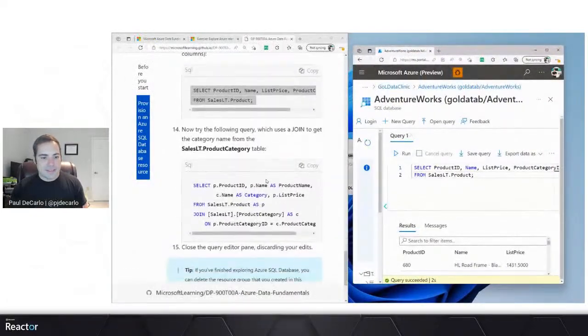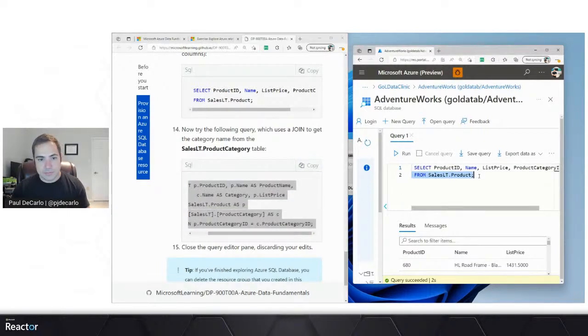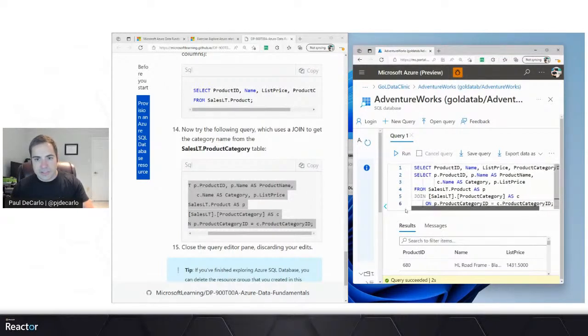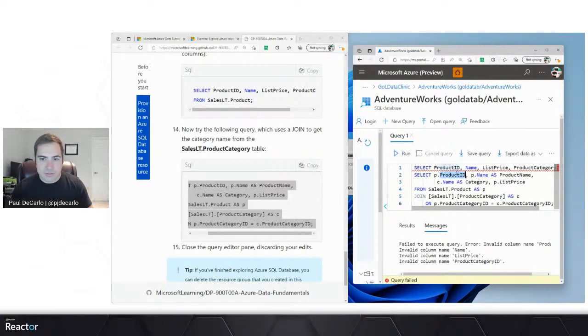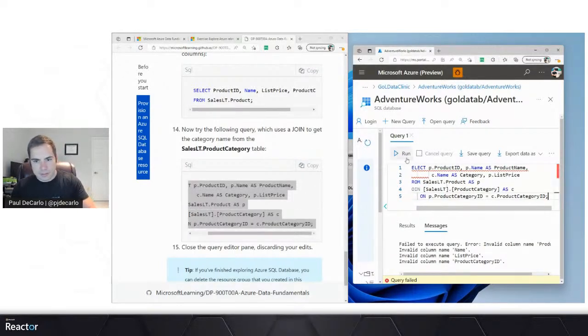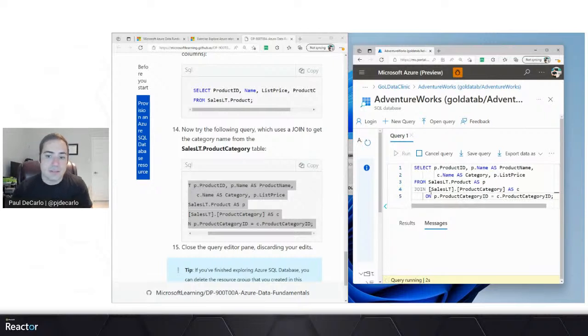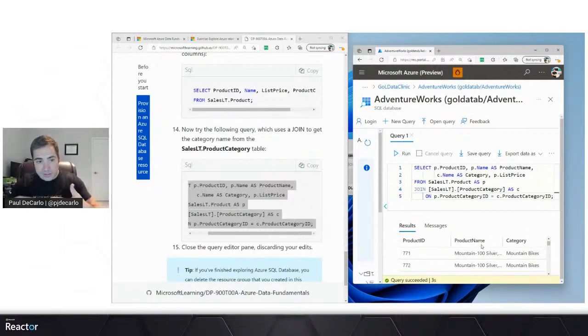And next, we can do a full join by combining information from the product table and the category table using a join. So this is a more complex query to produce a result. Oh, yikes. Looks like I copied that incorrectly. Try that again. A syntax error. And you'll see we're now able to perform a joining of the product and category table to create a product category table.